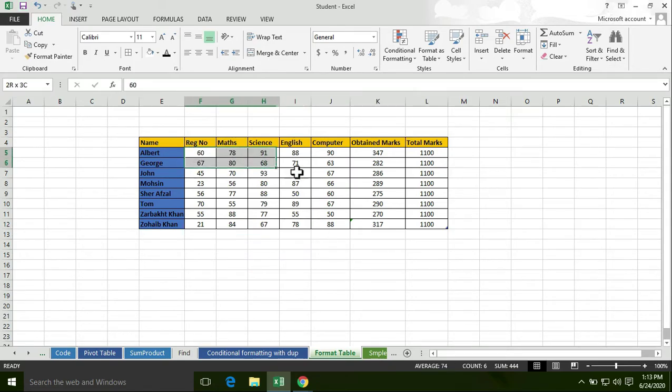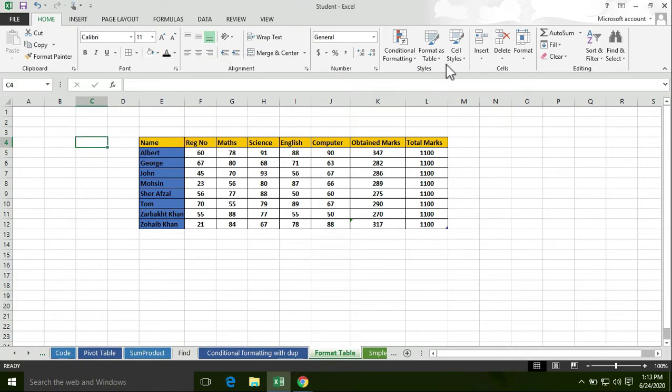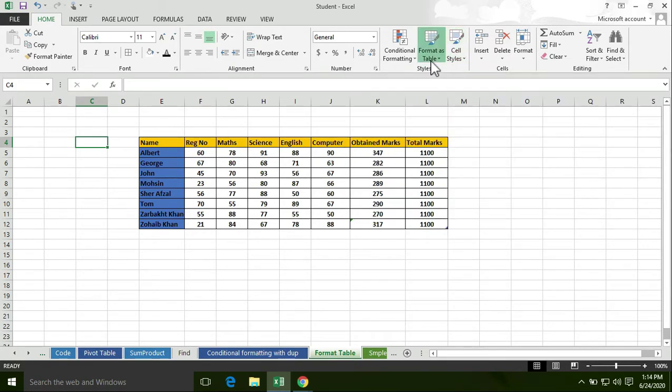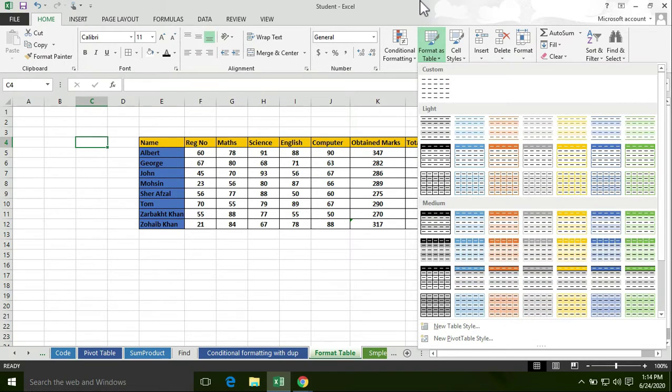You can also bold this whole value or this whole data. First of all, select this data, then select B. Now we can also format our table completely. So we have different options. Number one, you can use theme colors or theme standard colors under the home tab. You can also use cell styles to apply different formats to your table. You can also apply format as table. So you have a bunch of options here. It's up to you what kind of format you apply to your table or data.